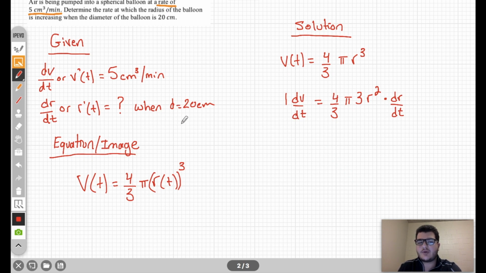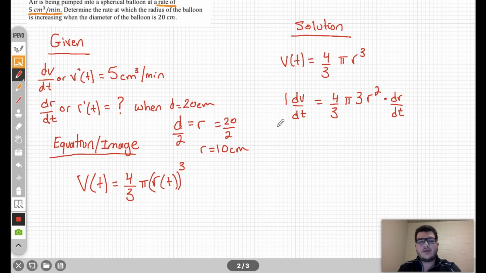If given diameter, the diameter over 2 is equal to the radius. So in this case, it's 20 over 2. So the radius is 10 centimeters. And now I have all the information to answer my problem, so I go ahead and just plug in the